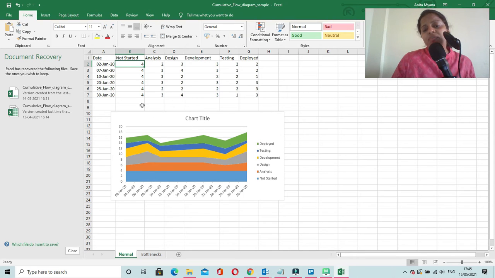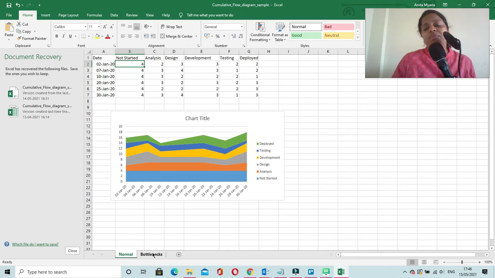So in this graph, since the flow of the tasks was even and there were no problems, there was no accumulation of tasks in any of the stages. This data is very simple, that's why it is apparent that there was no accumulation of tasks in any of the stages, and that's why our chart is looking very beautiful. Each of the stages is very much streamlined, and there were not many bottlenecks. All the lanes of each of these stages appear quite even in this chart.